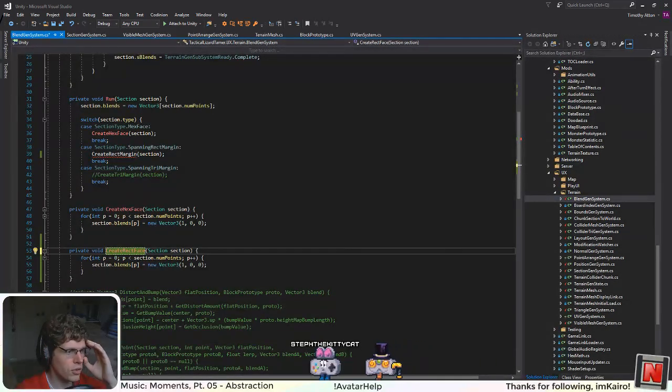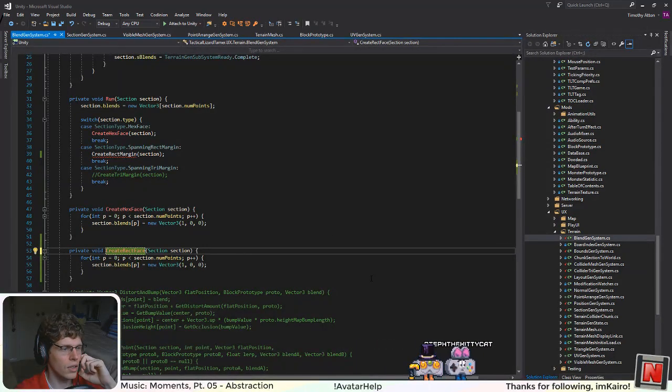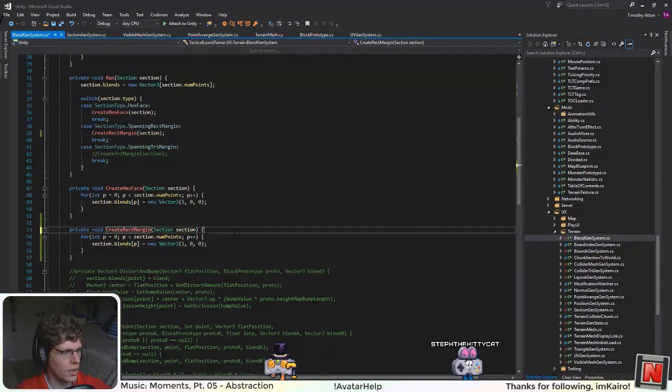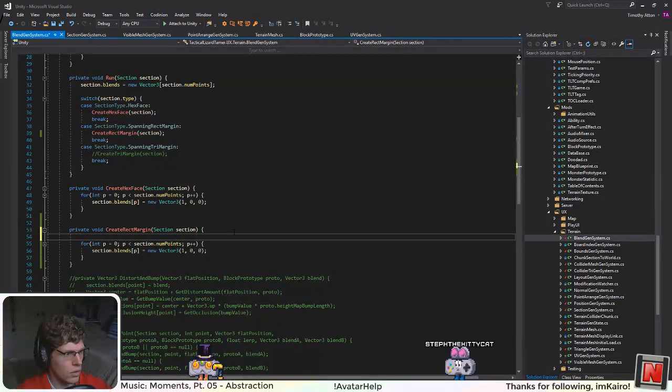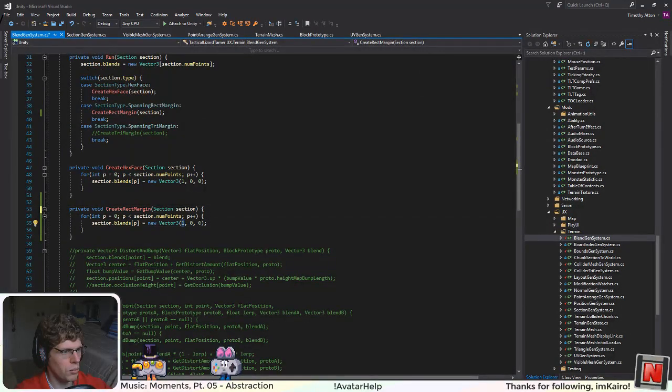There's a bunch of different things that are the same for every hexagon of the same type, although the blends aren't, because the neighbors could be different. We'll see. I'm not really sure how the edge of the world will be handled, so for now I'm just going to assume that it always has two neighbors. So what we would do here is the blend relies on the interpolation data. So it's the bounds for it. The x-axis runs along the side of the hexagon and the y-axis runs